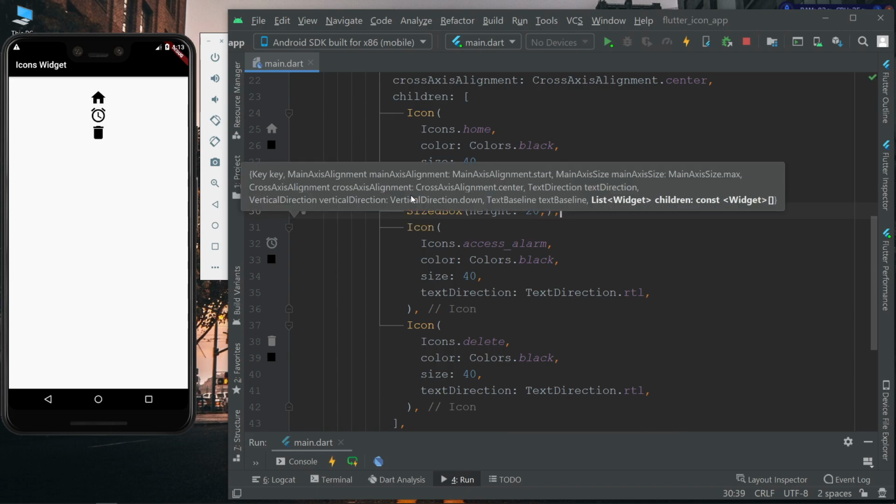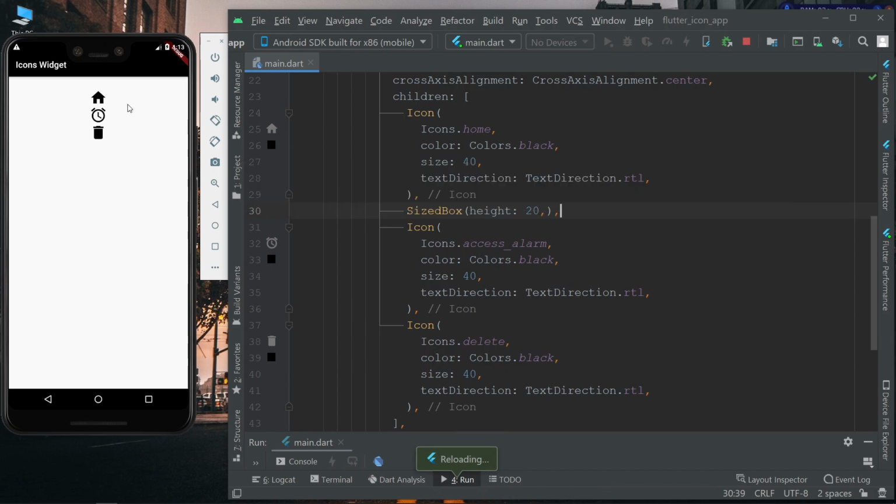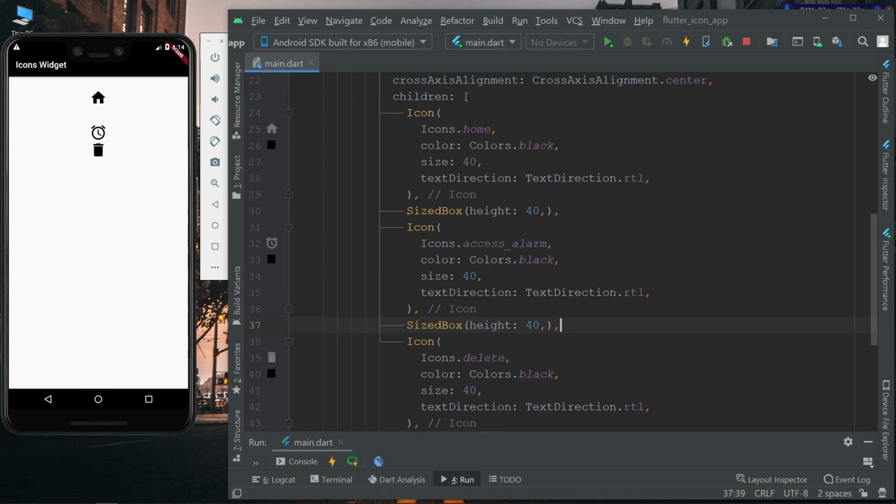Just hit Ctrl and S. Now you can see there is some space between the home icon widget and the access alarm icon widget. We can also increase this space by changing the height. Similarly, we will copy and paste this between the alarm and the delete icon.